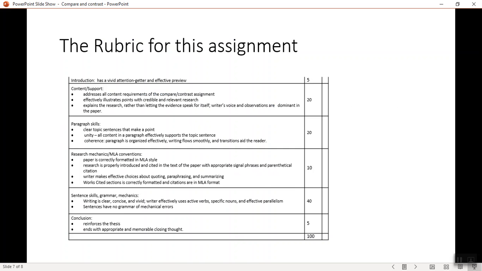One other comment I want to make about this is, again, to reinforce the idea that this essay is going to be evaluated a little bit differently than previous ones, where we focused on content, organization, paragraphing, etc. This is going to focus primarily on the competency of editing, and most of the points, you note 40 points out of 100, are here: sentence skills, grammar, and mechanics. And so you'll probably want to put more of your effort actually into the editing of this than you would do in the writing. Well, that's not true, but